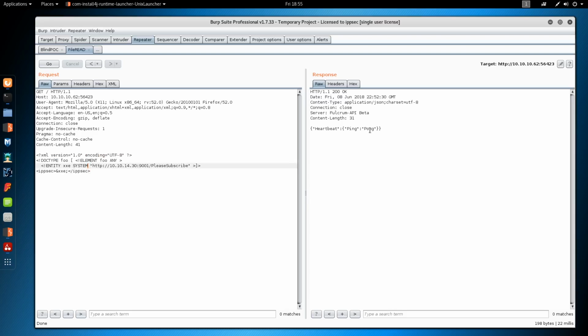And in order to do that, we have to make a quick change here. So we put a % before that xxe. We're still going to make a request to our server because in order to do this, we have to do an external entity and create a transform file. So we'll just do transform.xml,